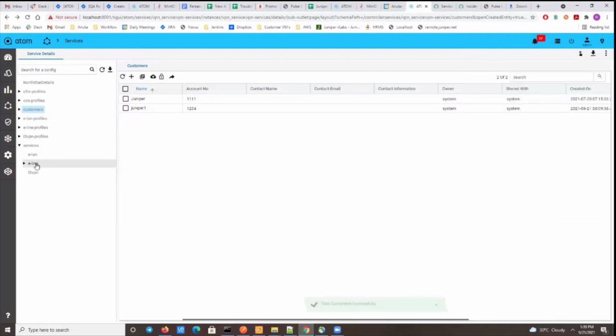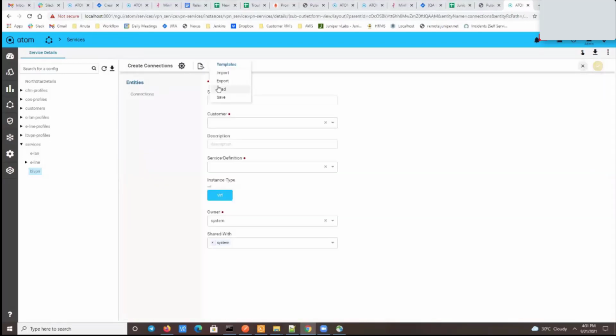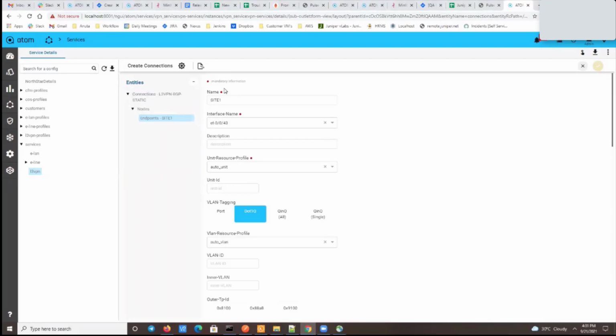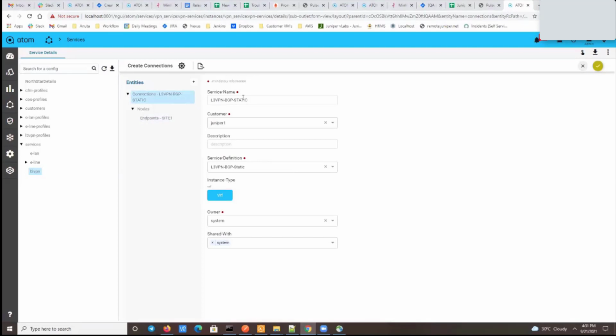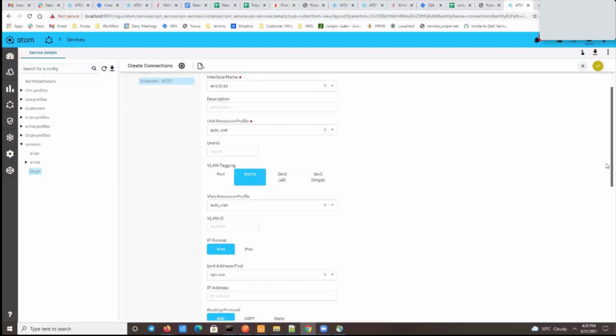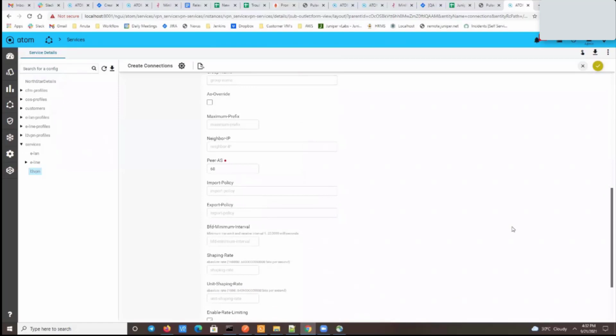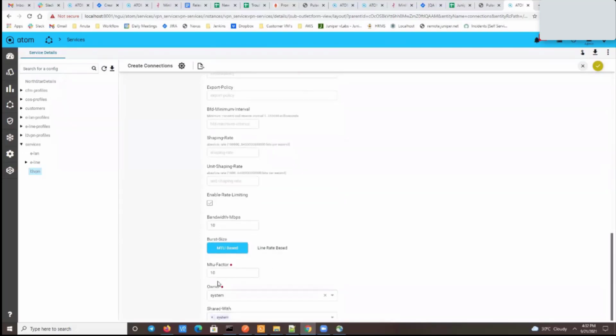Now we can go to the services section and go to L3 VPN. Here also we have predefined templates where we already defined things like service name, customer name, which service definition will be used by the L3 VPN service, and RT values, device name. Here we are using ACX 7100, site name, CE facing interface with interface unit, VLAN tagging, bandwidth limit for policer. Here BGP is running as the PE-CE protocol, so we define the peer AS. We can also define the MTU factor. After verifying all the fields, you can click on the save button.